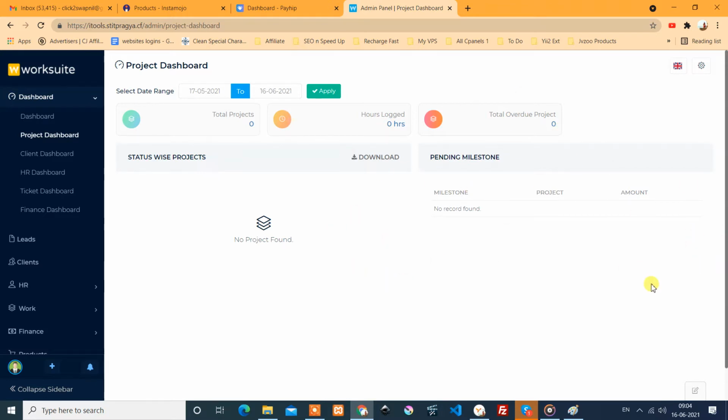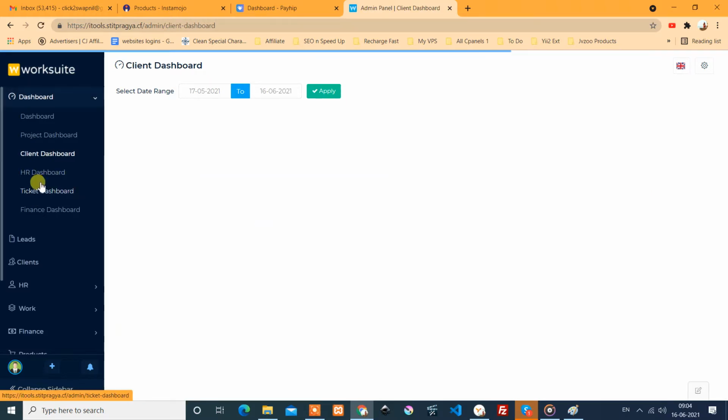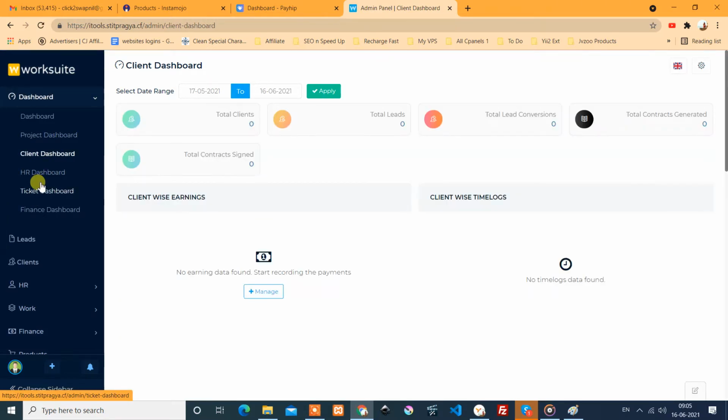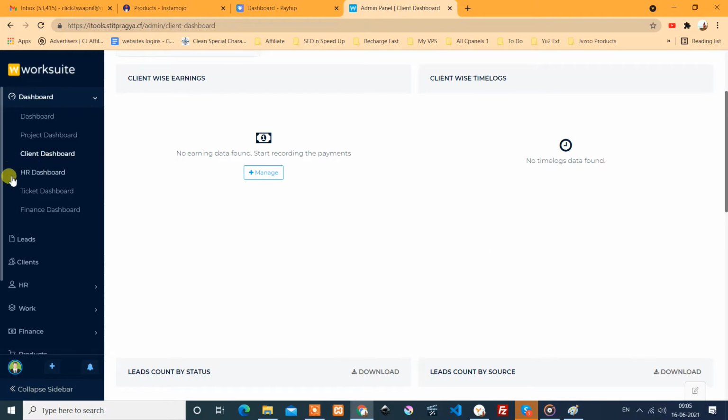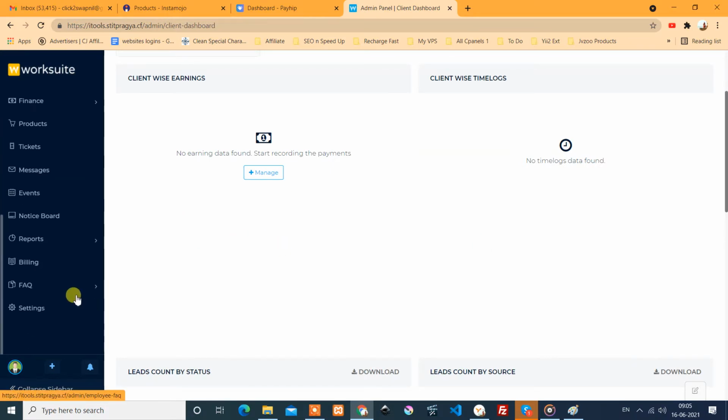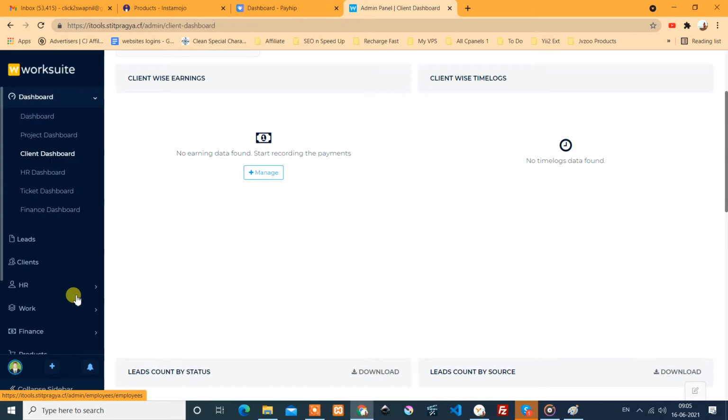So we don't have any project or anything. In the same way, all dashboards will show nothing because we currently have not added any project or ticket or other things. So first we need to add the employees.